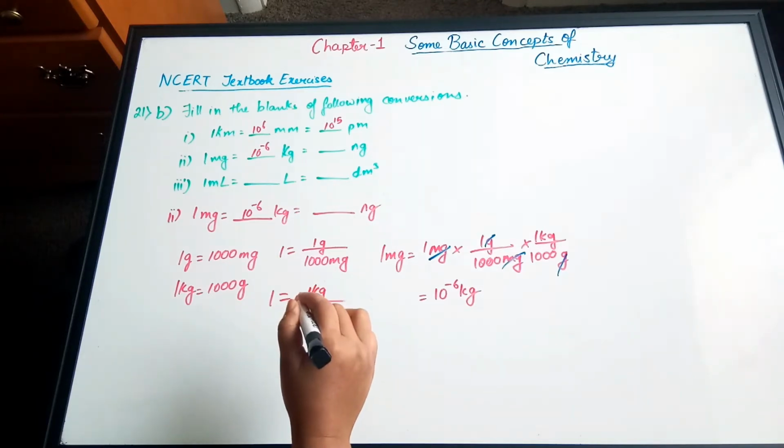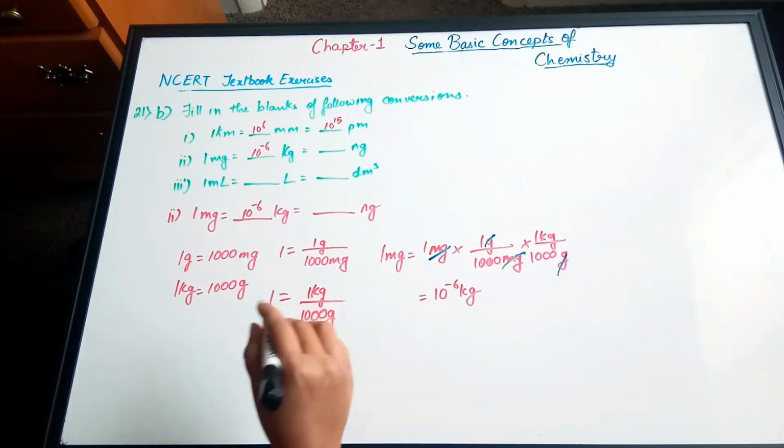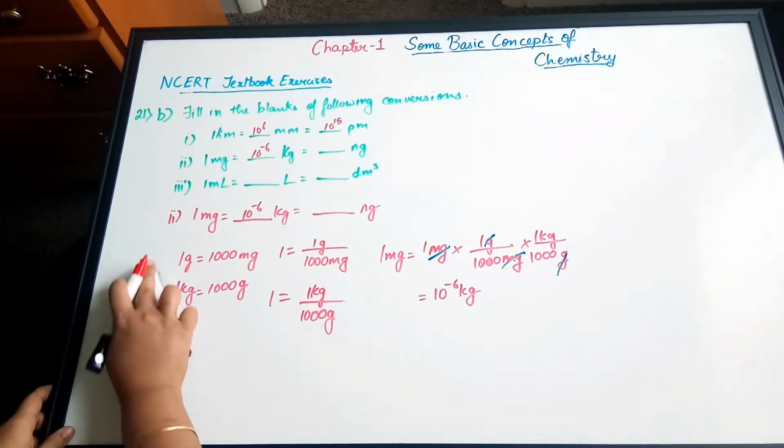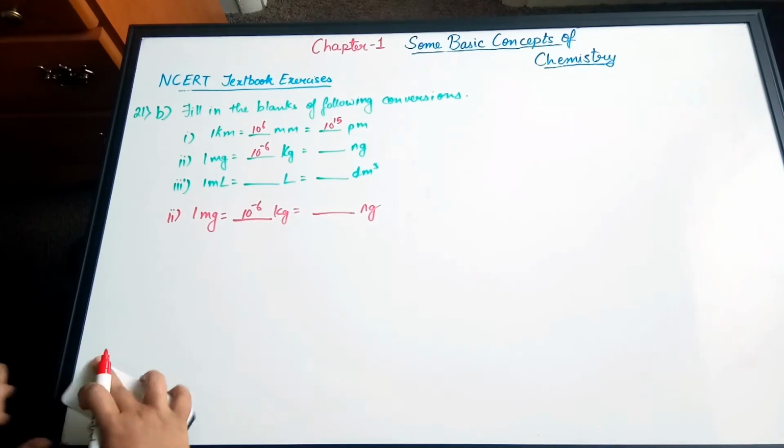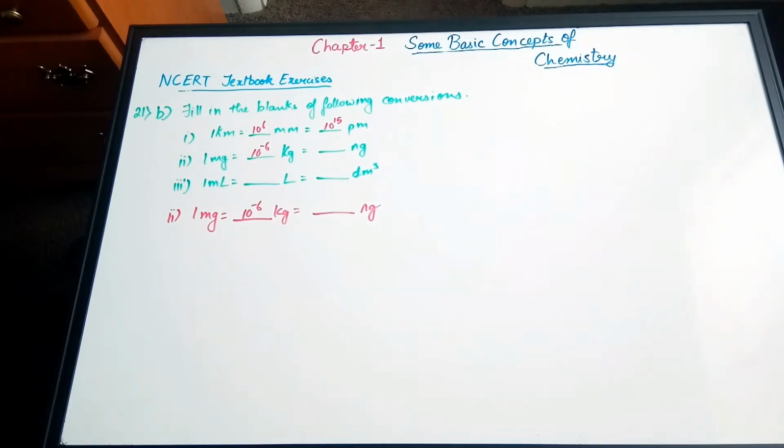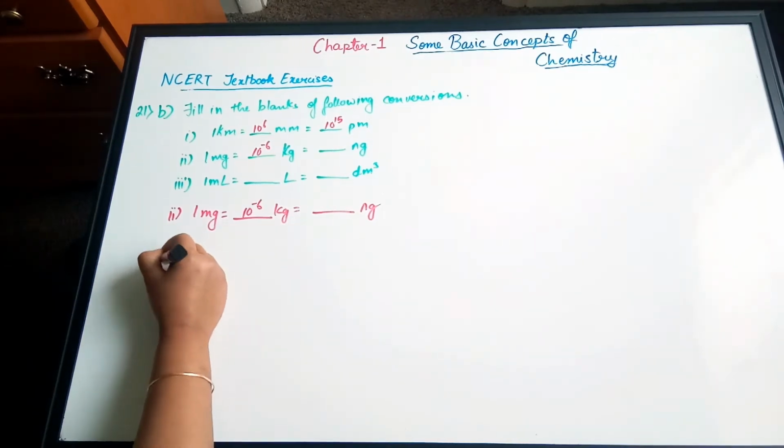The next one is we need to convert it to nanogram. So we need to convert milligram to nanograms. How shall we do that? This will be again by the unit conversion method. So here also you have 1 milligram,